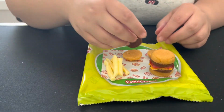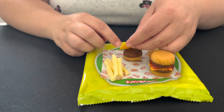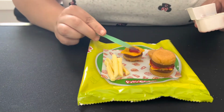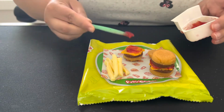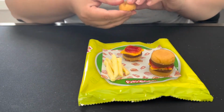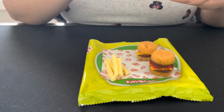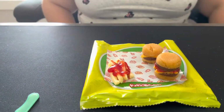So then our single patty, it's patty, then our piece of cheese, then our ketchup, like that, and our top bun. So we have a single and a double patty. We've got our fries. I'm gonna drizzle the rest of the ketchup right over these fries. Okay, you guys, so I got my double patty, my single patty, my fries, my ketchup, and now it is